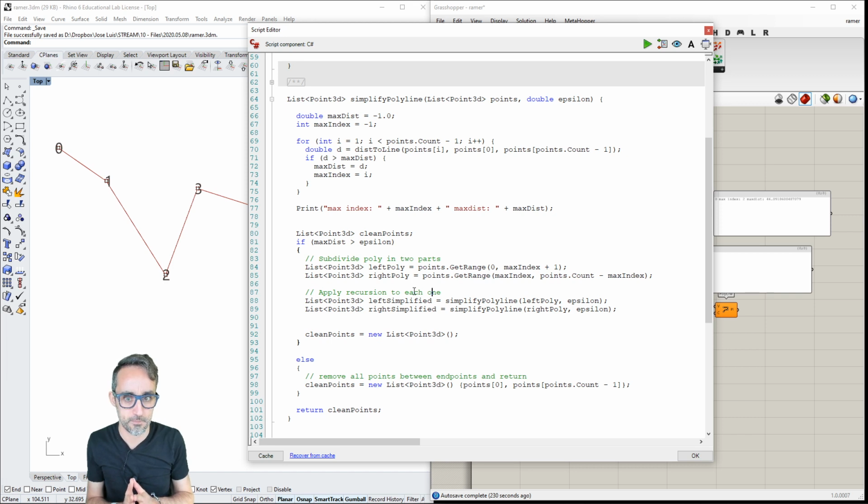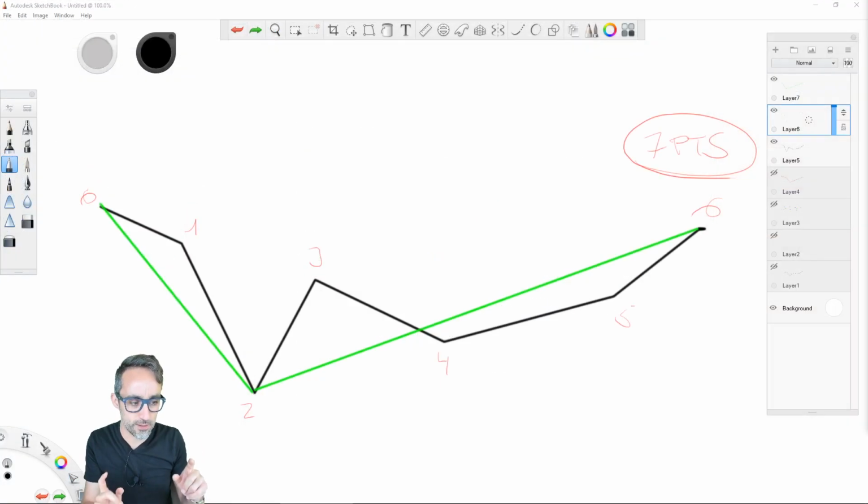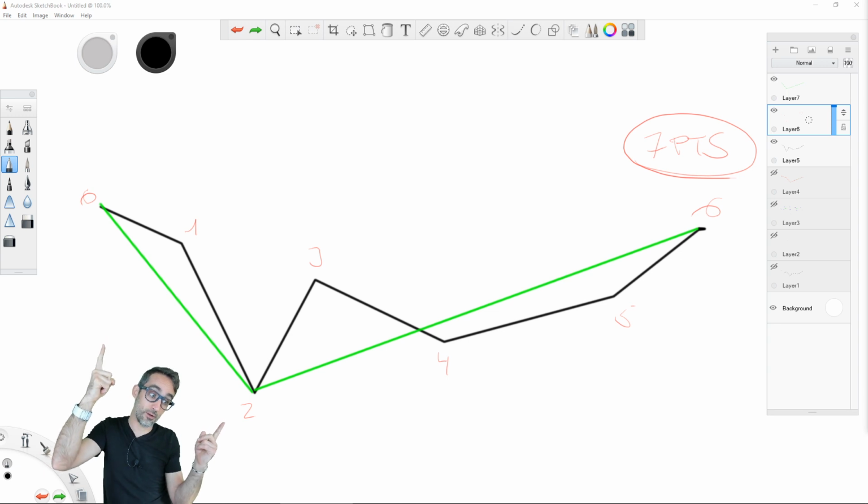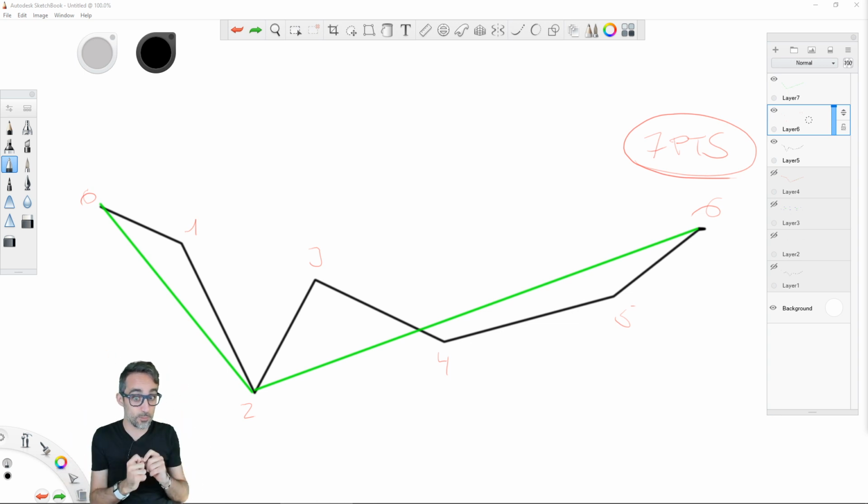I just want to make this process very clear again. If I go back to the diagram, you can see that we have divided the polyline in two. What's going to happen probably is that now I'm calling simplify polyline on this segment, and what's very likely to happen is that number one is going to be very close to the polyline.